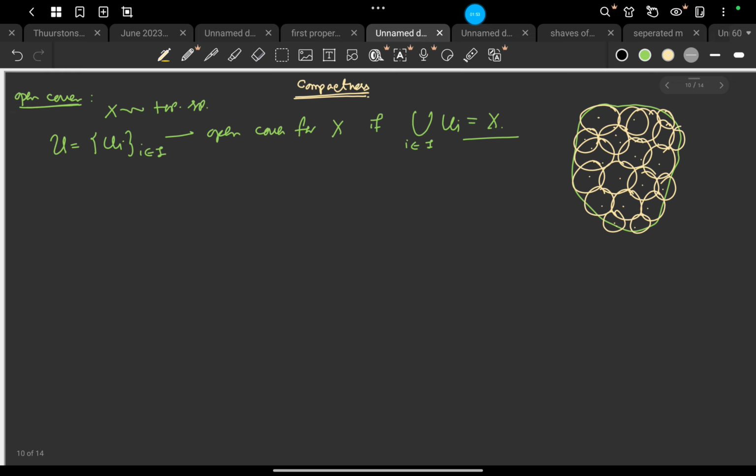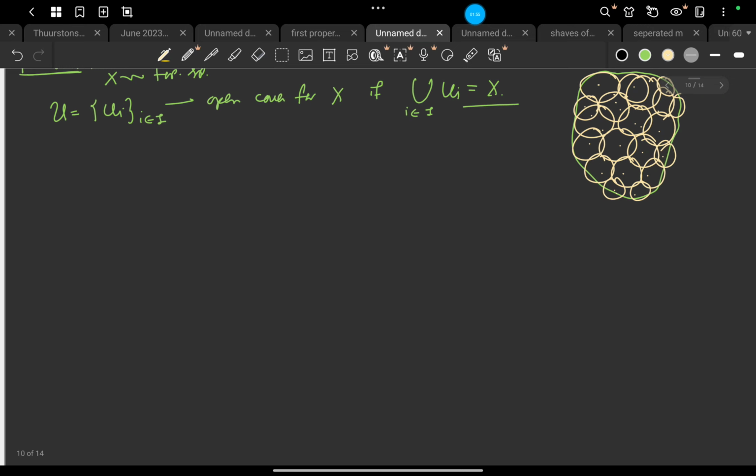and what is a subcover? Subcover means suppose (X, tau) is a topological space, and let us consider that U is an open cover of X. And what is a subcover?